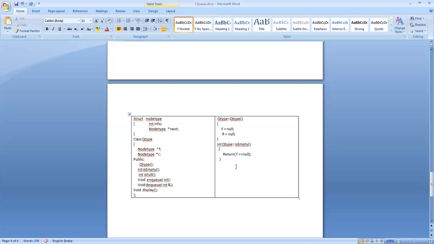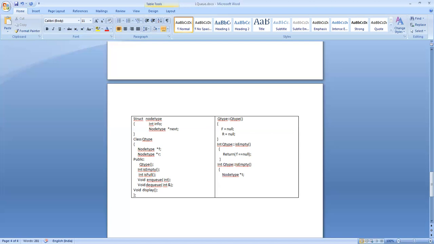How do you assign memory to a pointer variable? Using the new operator, dynamic memory allocation new operator. That's what we are going to do now. Int, the class name is queue type, the function is is full. Then I create a pointer variable of kind node type star t.